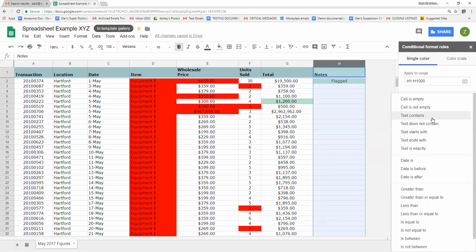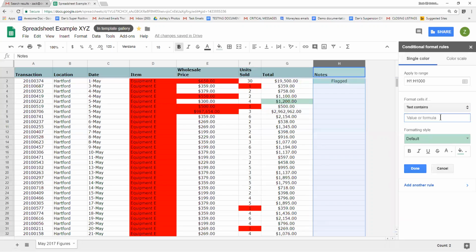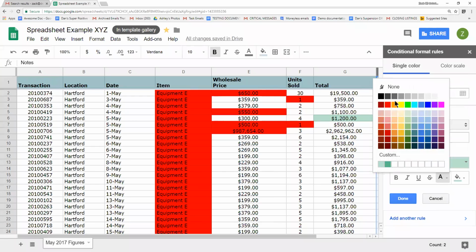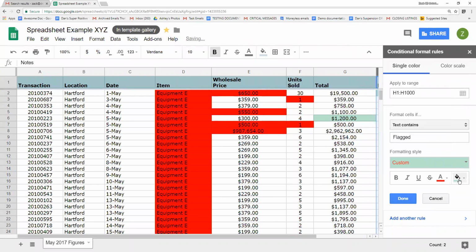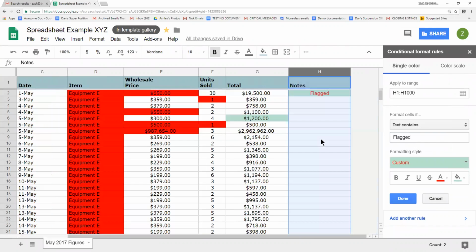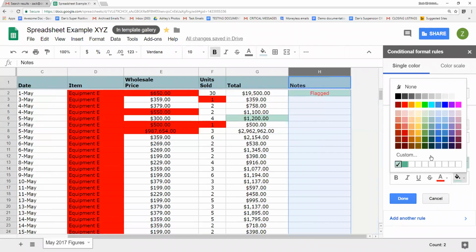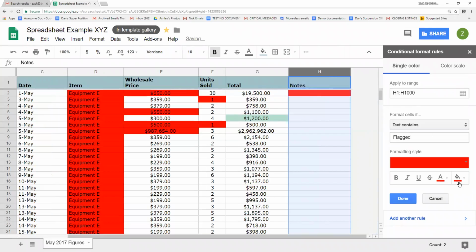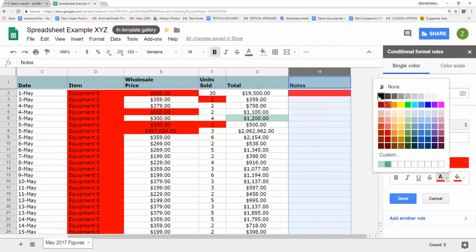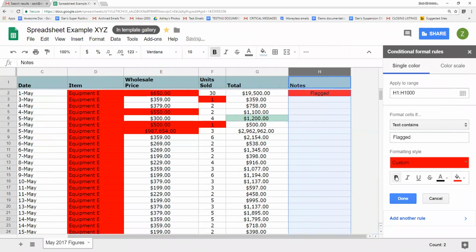So let's say anytime the text contains the word flagged, I want these cells to show up as red. So I want the cell to be filled red. And we'll go over here. I'm actually changing the text. I want these cells to show up as red. I want the text to be black, and I also want the text to be bolded. So we see that this is applying here. So I'll go ahead, hit done,